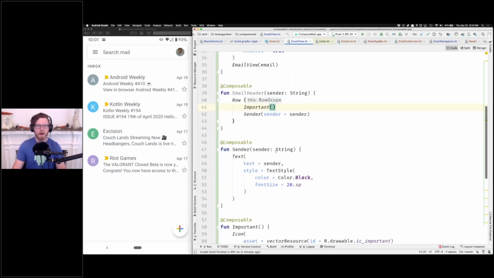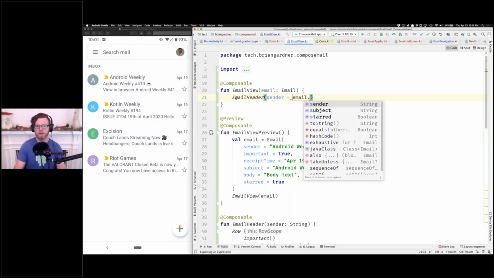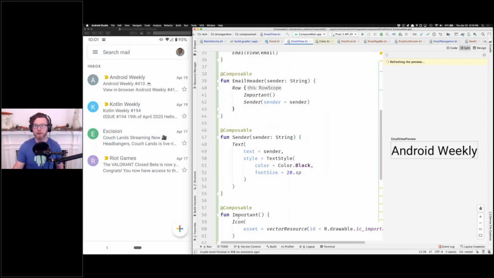So I can then update this to be my email header, email sender. And then if I refresh the preview, it should show the important button in front of my text,